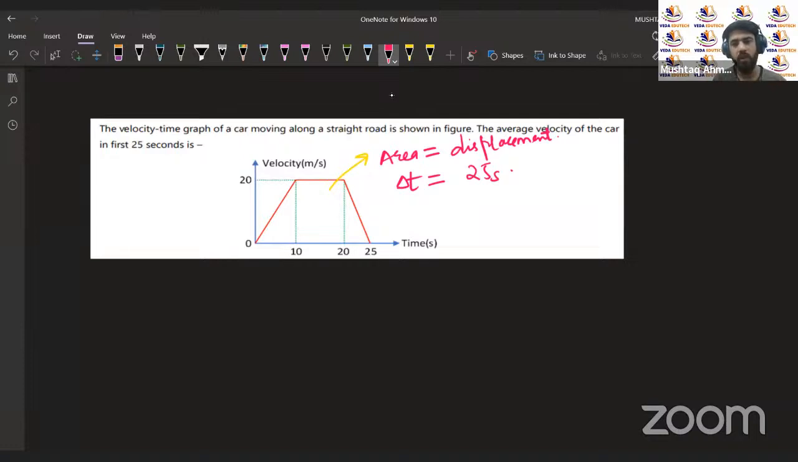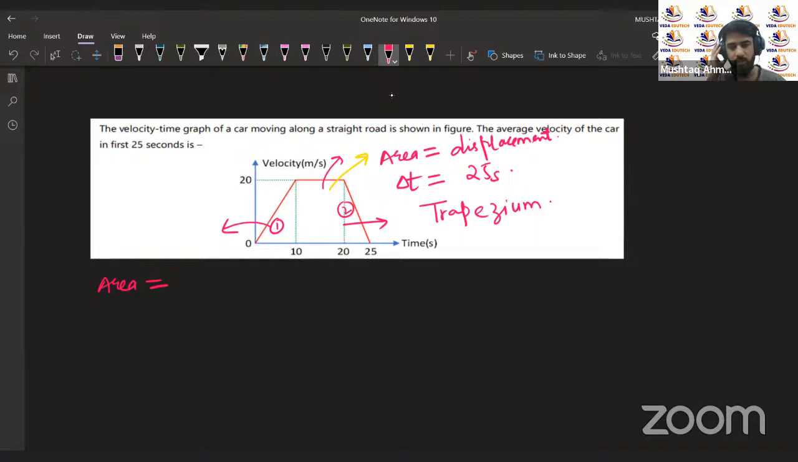And we know that it follows a regular geometry. It's a trapezium. The shape of this graph is a trapezium. Or we can also break it into three shapes, two triangles and one rectangle, and add all three areas to get the total area. It means that it will give us the total displacement. And if we divide the total displacement by the total time interval, that's 25 seconds, we'll get the average velocity. The area of a trapezium is given by the sum of parallel sides